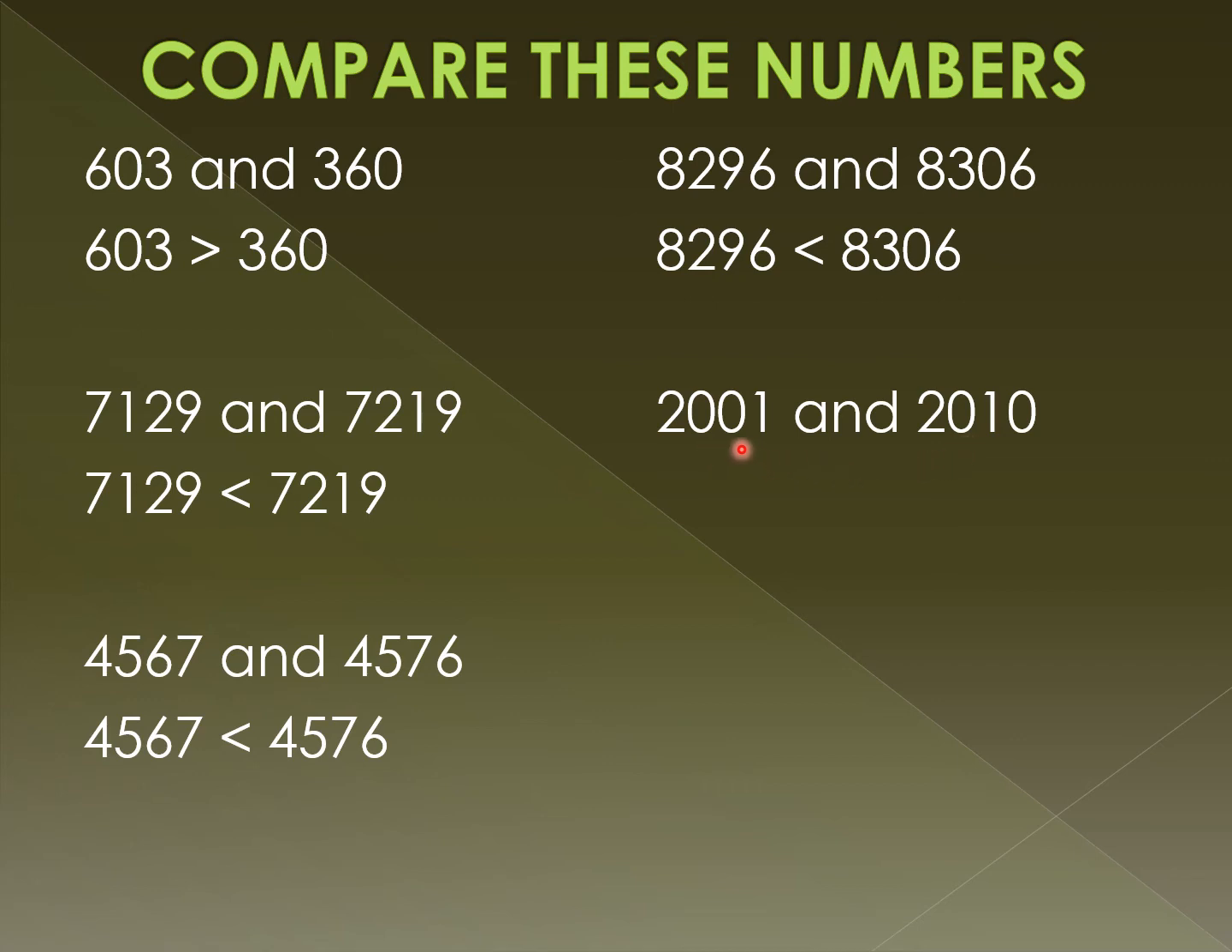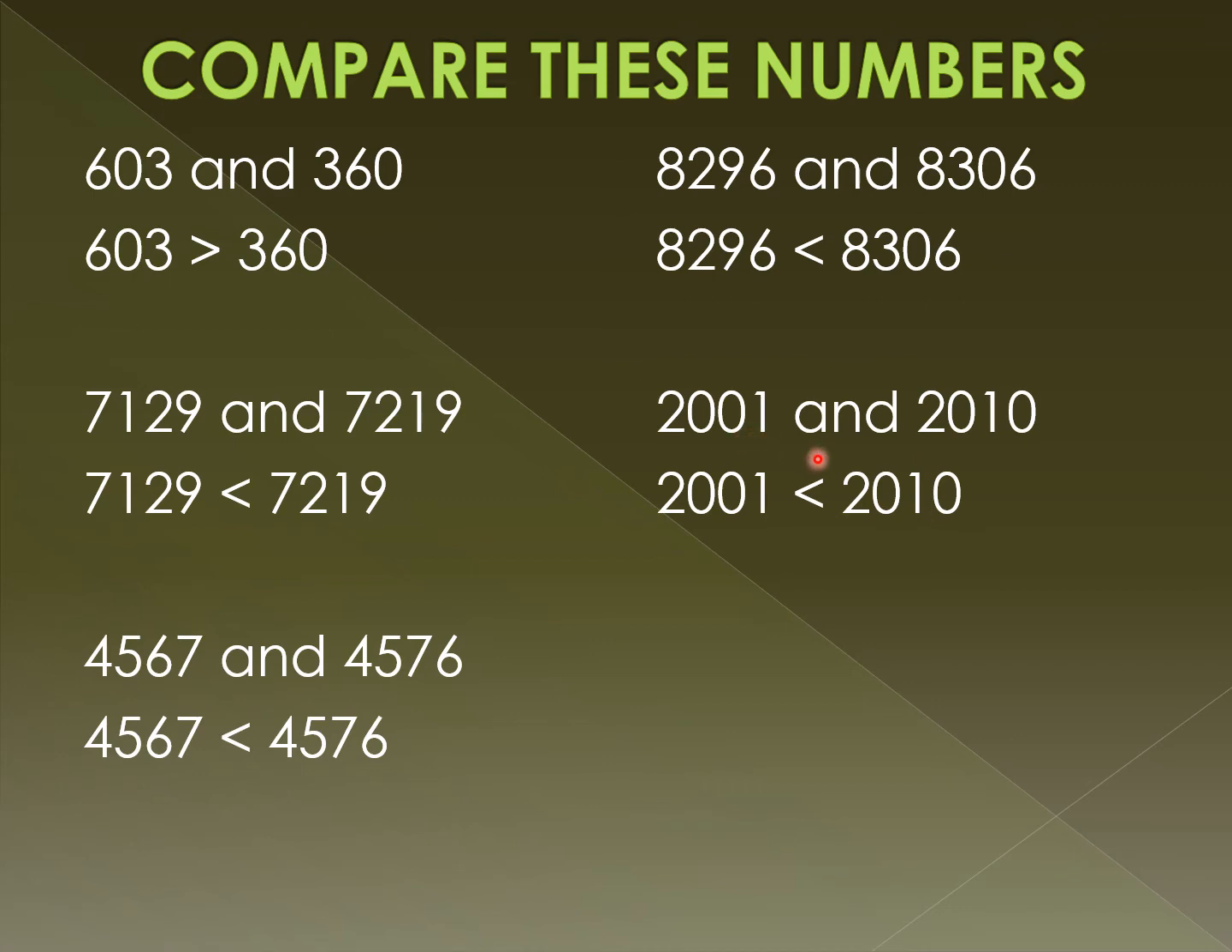In 2001, the next digit is 0 and in 2010, the next digit is 1. Clearly, 0 is less than 1. Hence, 2001 is less than 2010. With these kinds of problems, make sure that you compare every digit, because you might just look at it